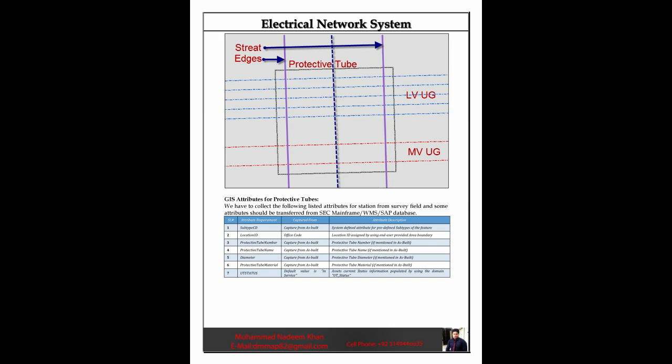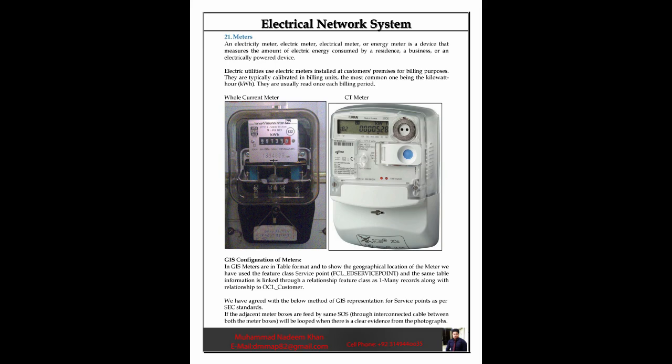GIS attributes for protective tubes. We have to collect the following listed attributes for the station from the survey field, and some attributes should be transferred from the SEC mainframe/WMS/SAP database. 21. Meters. An electricity meter, electric meter, electrical meter, or energy meter is a device that measures the